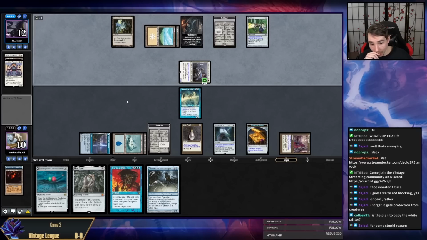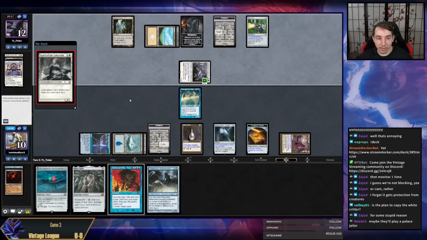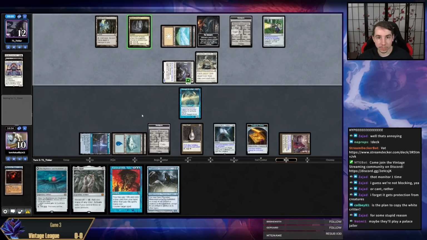We will probably be copying the critter if we can. Depends on what my opponent does. That is fine. We're probably going to attack, steal the initiative, see what we hit off of our Throne of the Dead first. Do they have a follow-up 3-drop? Imagine they just go Cavern Archon here. Okay, Spirit, sure. They just have a million Spirits. I kind of wish they had played Spirits instead of...